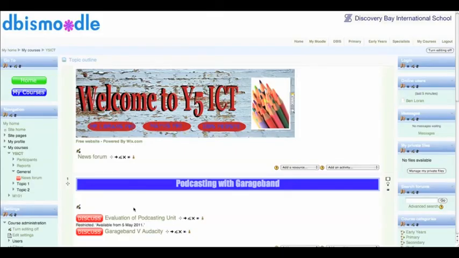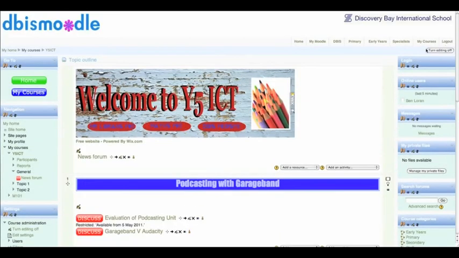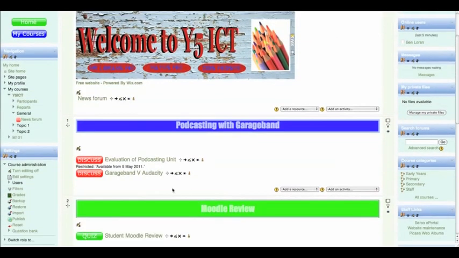So to focus the students on your discussion point and to remove the option for them to add their own discussion points and therefore lead the discussion, you need to change a couple of settings. Again, it is quite simple. You find your forum that you've created, and provided you have turned editing on, you will be able to find the pencil and hand, which is the update tool. And if you click on that,